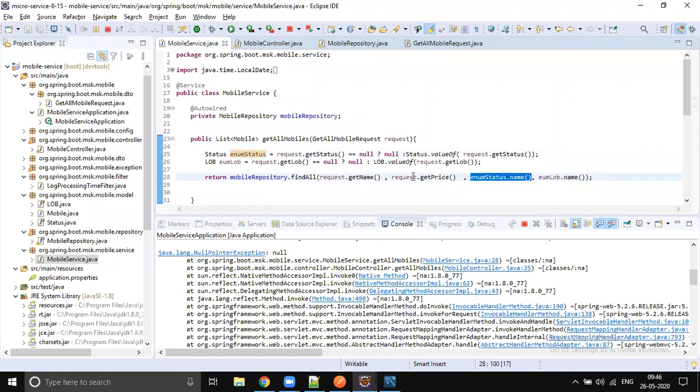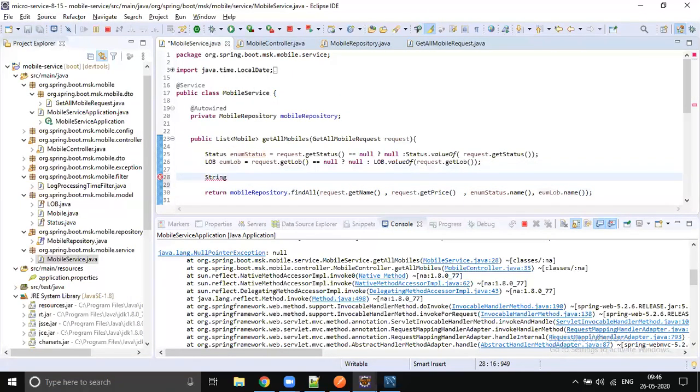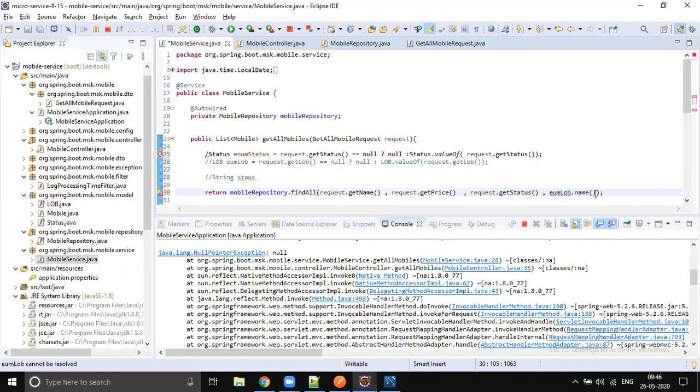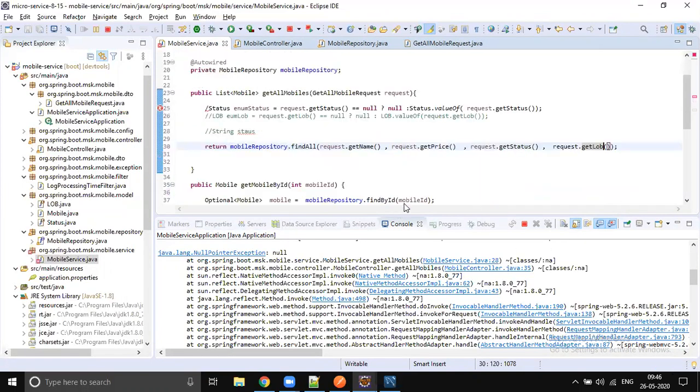So what should we do? Whenever you are using placeholders, let's directly pass the request parameters. But anyway, this is not good code. Let's not use placeholders. It's better to use named parameters. Whatever status value we are sending, that is a string type, we will send it as it is if it is coming. If it is not coming, we don't send it. So it's going to be LOB. Let's save this.